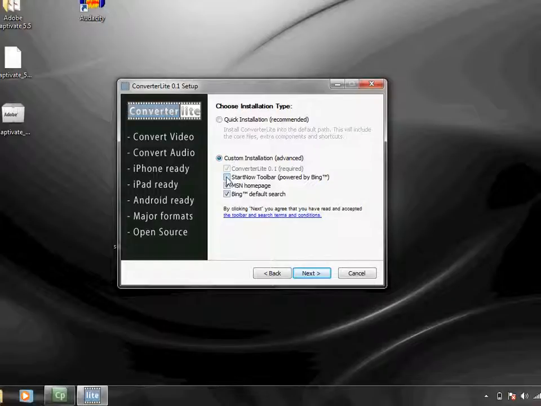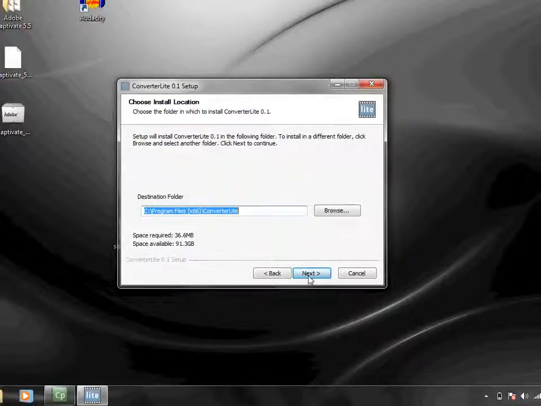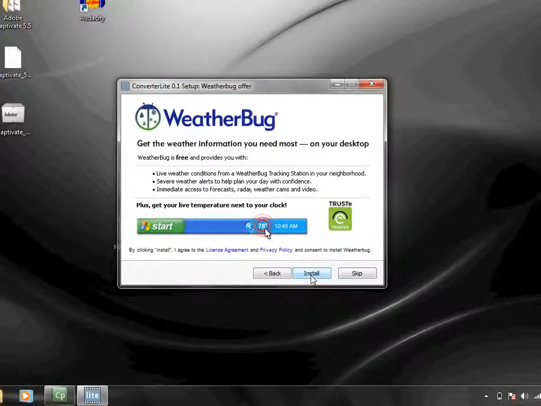We're going to uncheck the Start Now toolbar because we don't really want another toolbar on our browser. We're going to uncheck MSN as our home page, and we don't want Bing as our default search engine necessarily. And we're going to go ahead and click Next. This is a fairly friendly screen. It just tells you where it's going to install it and how much space it's going to take, and we're okay with those defaults. We'll click Next,